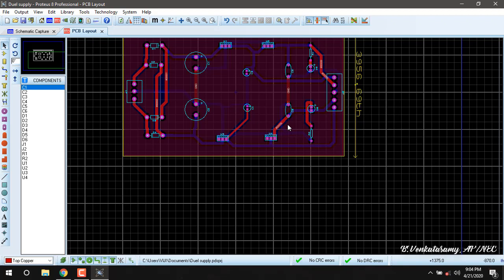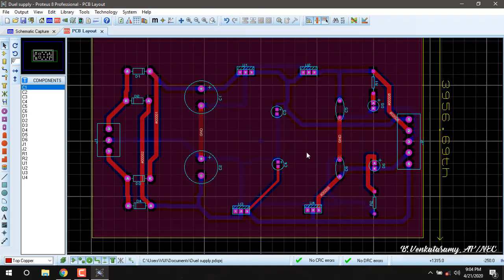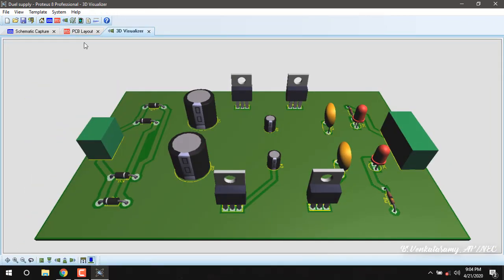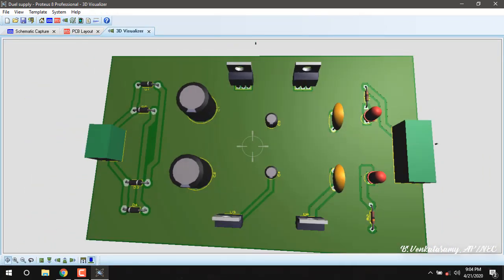In the previous session we completed the PCB as single layer. Now the same circuit is converted to double layer also. Now the third thing is that we have to visualize the PCB. It is 3D modeling, a simple one. Here, on the blue color bar, there is schematic capture and PCB layout. The third one is 3D visualizer. So press 3D visualizer and we can see the PCB as a 3D layout.